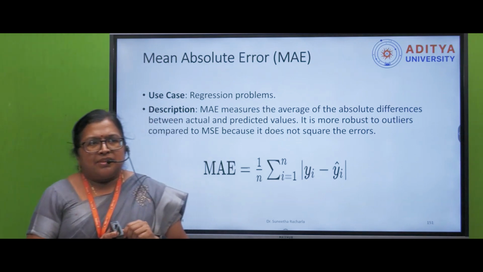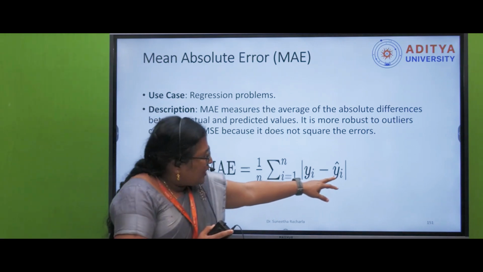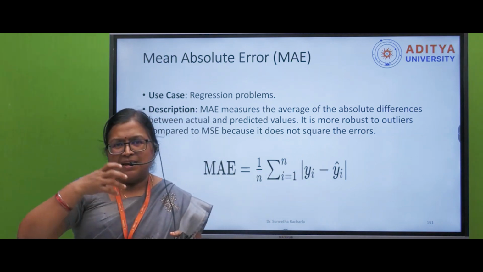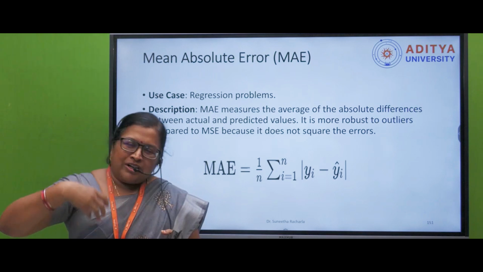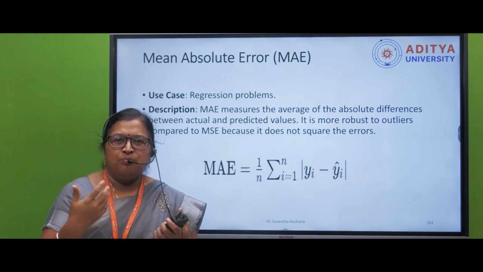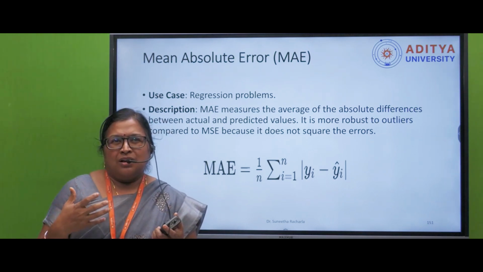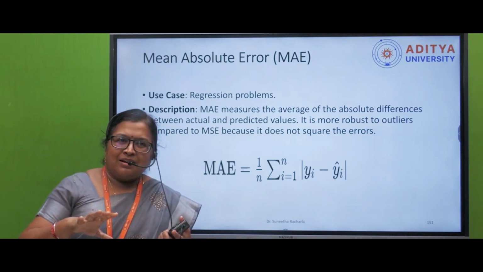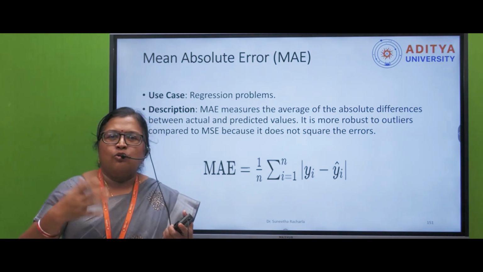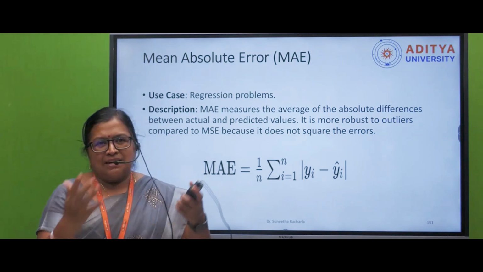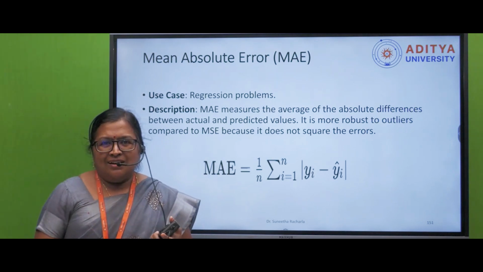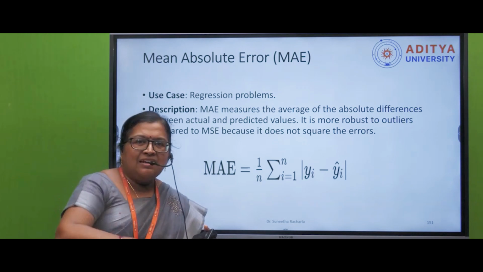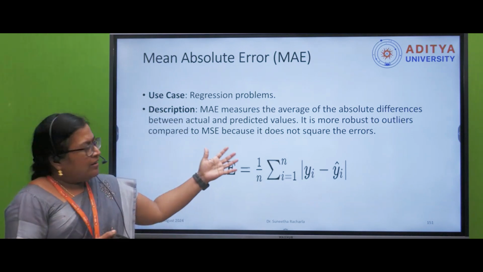Next, MAE, which means mean absolute error. There is no square; it's just the absolute error. If the judge is like MAE, whatever mistake you make, he won't frown at you or be so angry. Whether it is a big error or a small error, he'll just say, you did very well, but you have to improve in this particular manner. He tells you the particular area where you are lagging. That is what MAE does.